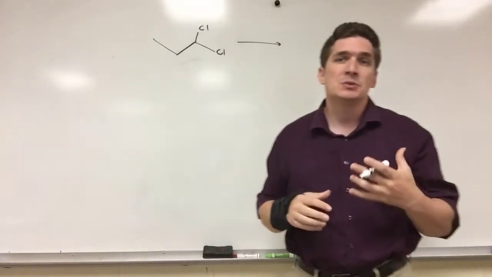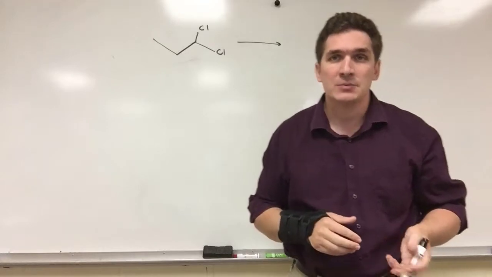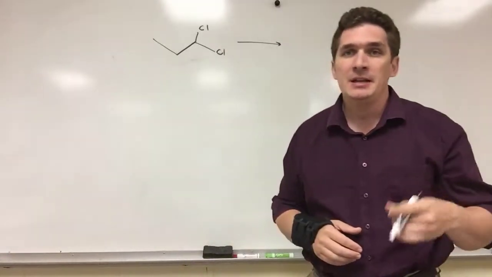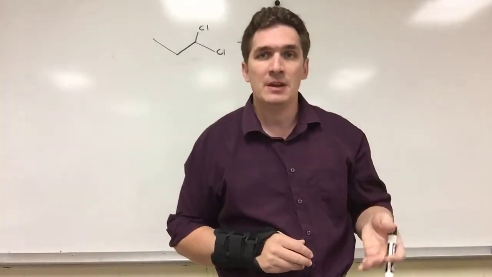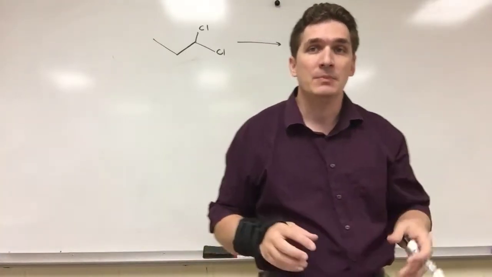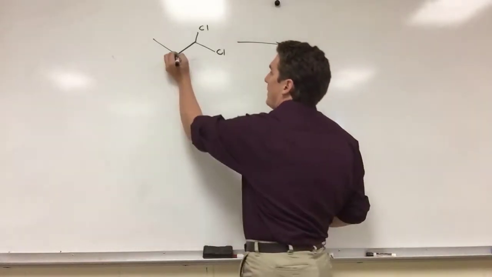It doesn't matter, because what we're going to do are two elimination reactions, and we're actually going to have to do this in two steps. The reagent here is NaNH2, and this is made by taking sodium metal and putting it in contact with ammonia, and this is going to abstract a hydrogen to give us the NH2- ion. The NH2- ion is an incredibly good base, and what it's going to do is pluck off hydrogens